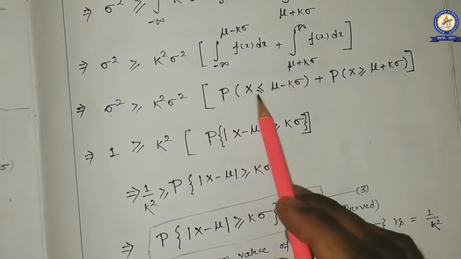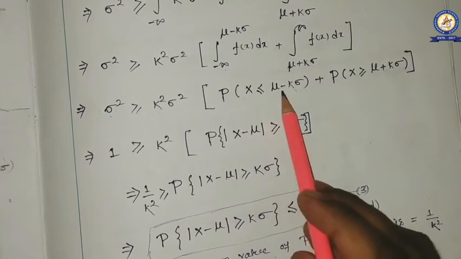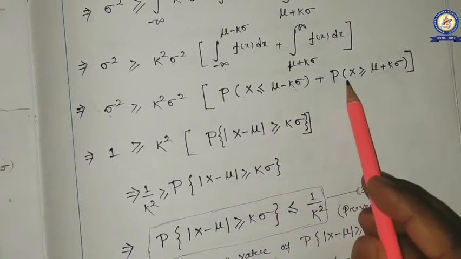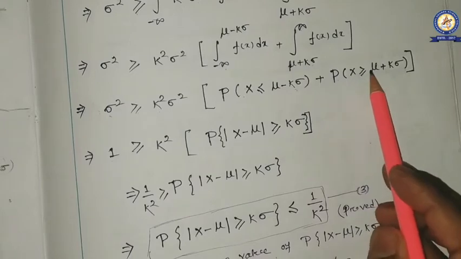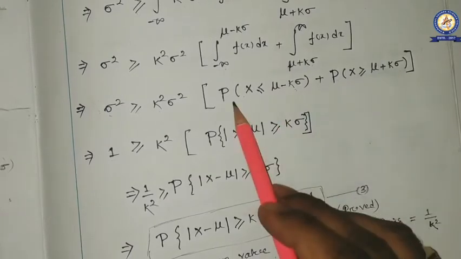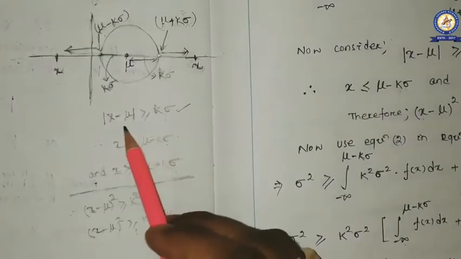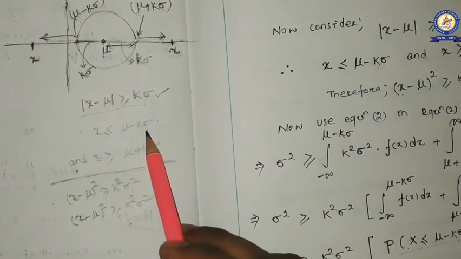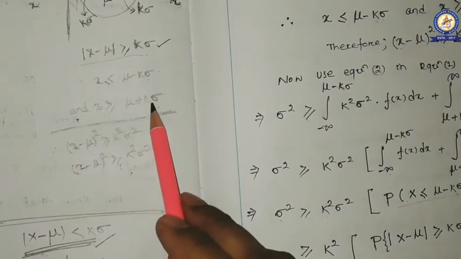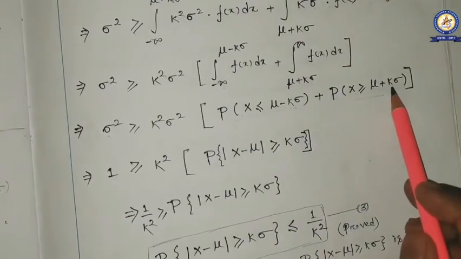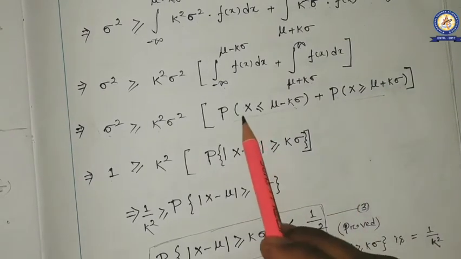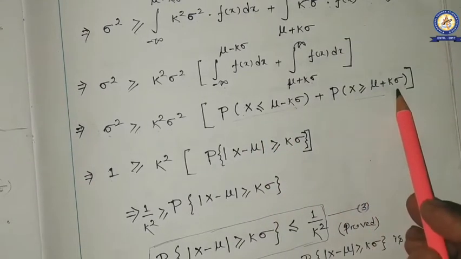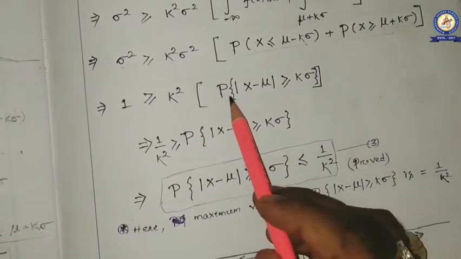Probability of x less than or equal to mu minus k sigma, plus probability of x greater than or equal to mu plus k sigma. This is nothing but this one. See, x less than mu minus k sigma, x greater than mu plus k sigma. So if we want to find out the probability of this range and this range, in general we can write